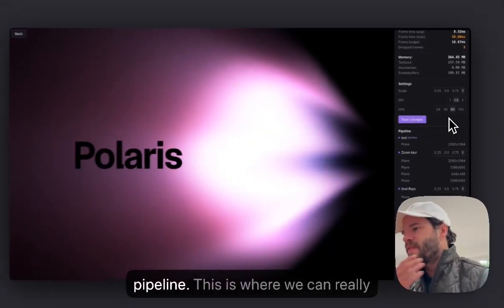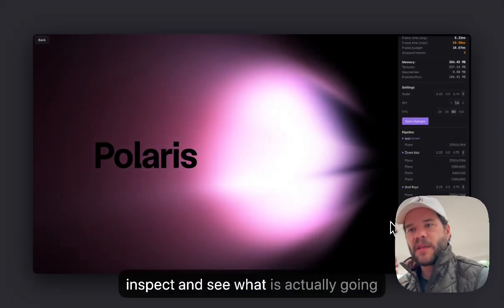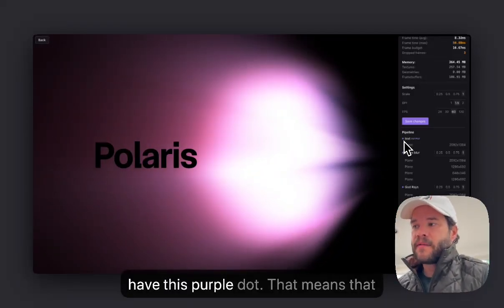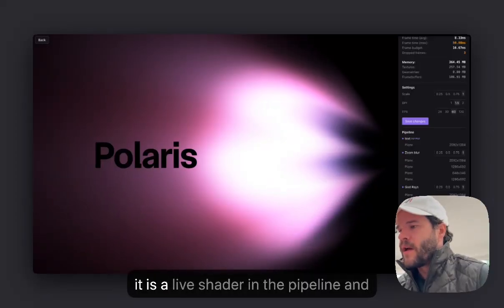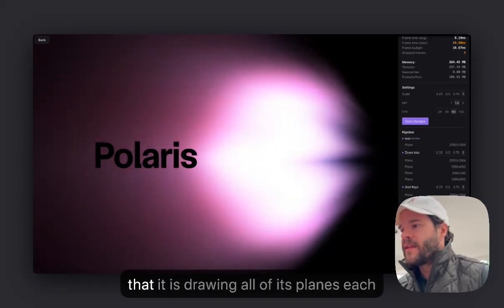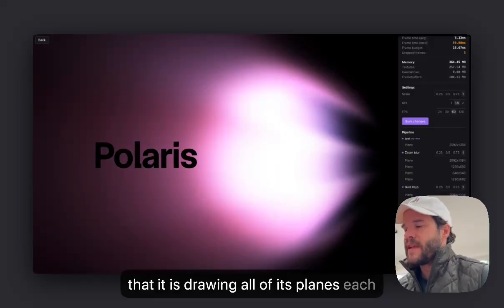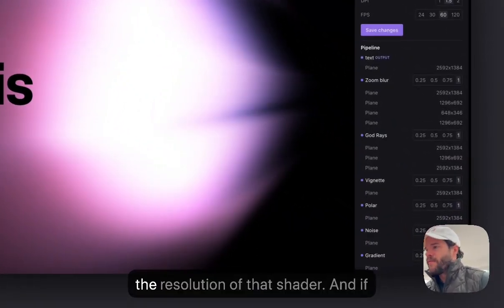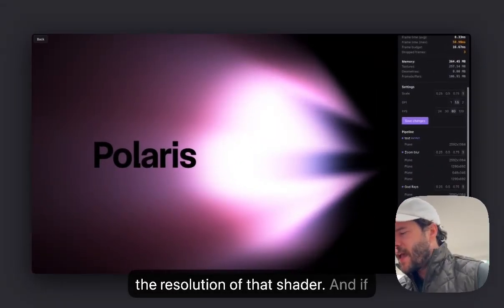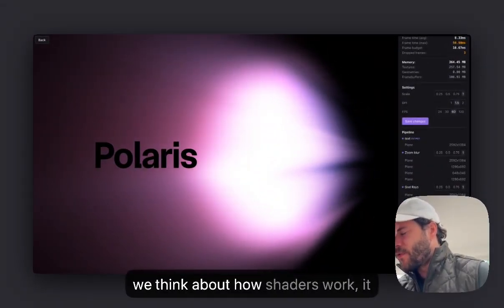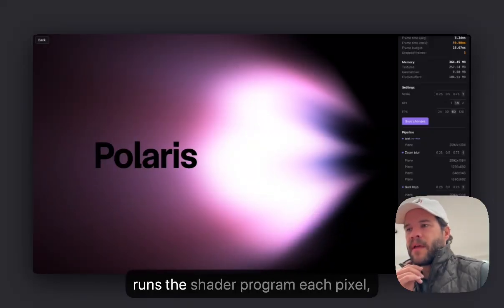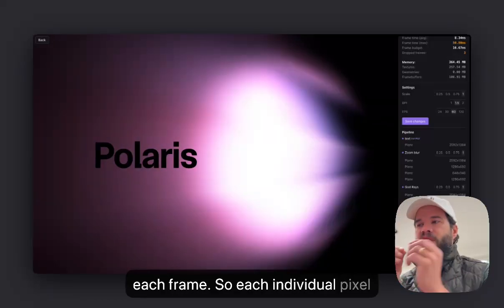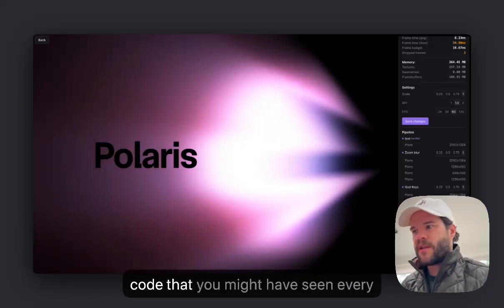Okay, so let's look at the pipeline. This is where we can really inspect and see what is actually going on in each draw call in the scene. So we have this purple dot. That means it is a live shader in the pipeline, and that it is drawing all of its planes each call, each frame. And here we have the resolution of that shader. If we think about how shaders work, it runs the shader program on each pixel, each frame. So each individual pixel goes through all that crazy shader code that you might have seen